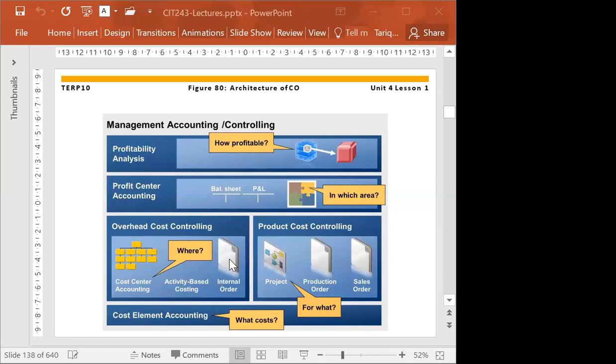Okay, does he need an air filter? Yes, he needs an air filter. So the air filter will be added. All the spare parts that are required for fixing my car are added. At the end, they add the labor charges because they have to pay that person. They add some other charges as well. So all those charges are being added to my internal order, or to my maintenance order.